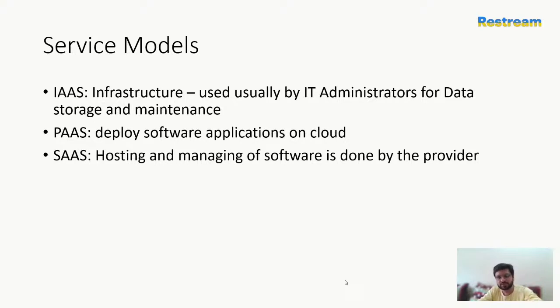With PaaS, you can deploy your own software. They give you the infrastructure. They give you the tools to basically deploy your own software, like Heroku, and then you can use it. That's how it is. So yes, these are the different service models on which